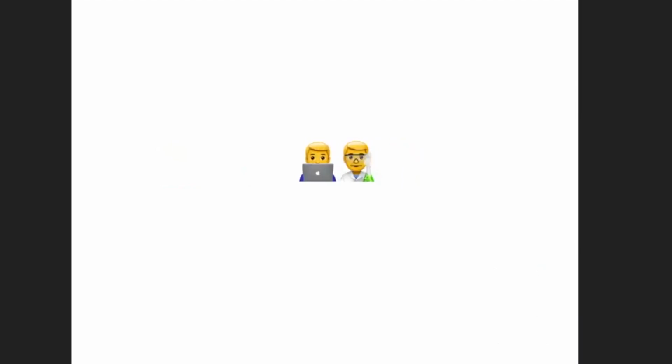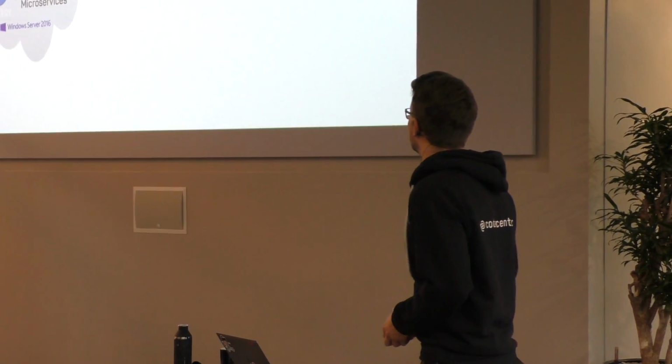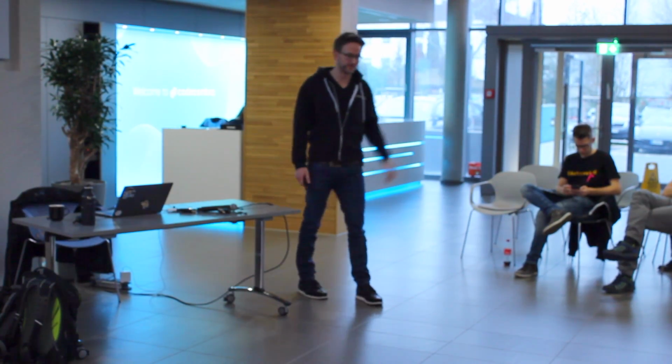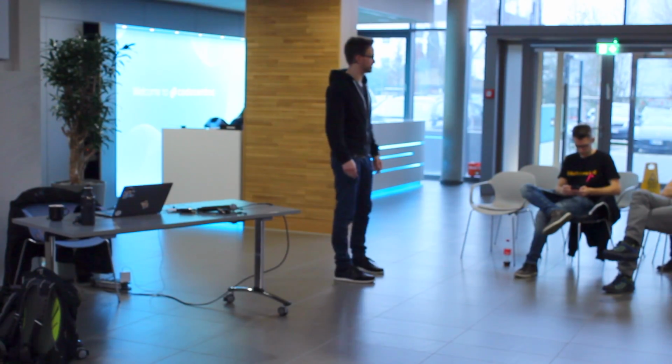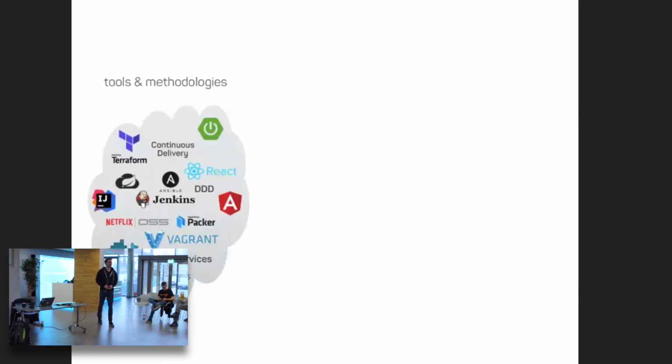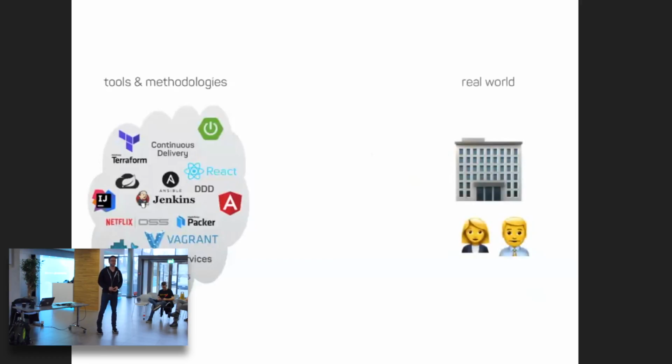I originally started as a Java Enterprise guy. Who knows this Java Enterprise stuff? EJB and these application servers and mainframe connectivity. Okay. So, and then you always have the problems. You have this cloud of technologies and methodologies, and you have the real world on the other side. And me as a consultant, I'm there in between and have to say, okay, what works for this problem? What should we take here?